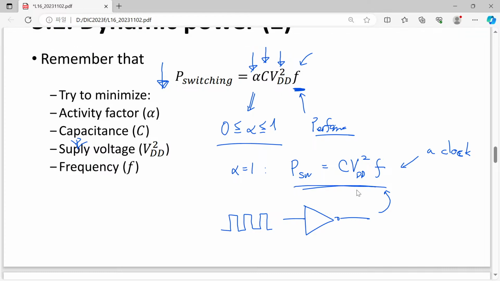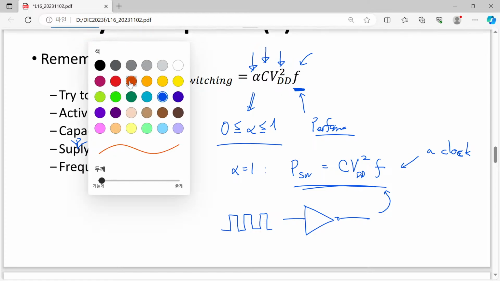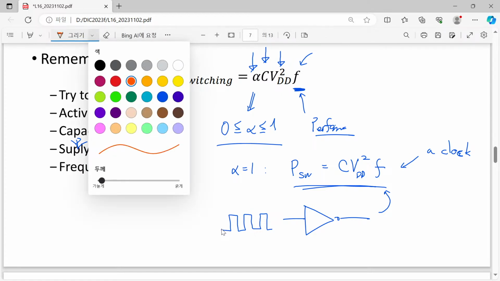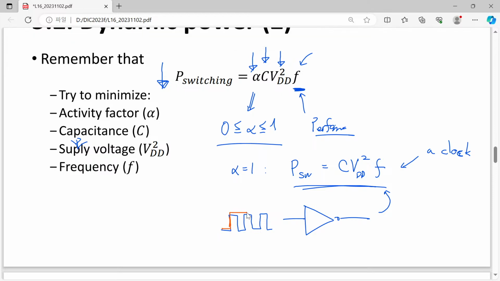However, usually we take certain edges to synchronize this system. So let's say that we just keep this rising edge for our transition. Then if a signal runs in this way, only rising and falling for a clock signal, or rising edge only, in this case, what we can expect is that for a real signal, the maximum value